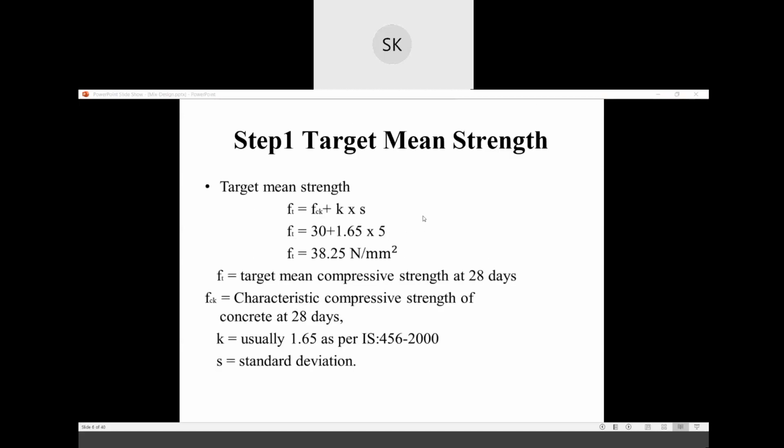So the first step you can write also in your copy. You can take out your IS 456 if you have, and you can start writing in your copy if you want. The first step will be target mean strength. This is the first step where you'll find what should be your target. Fck is nothing but